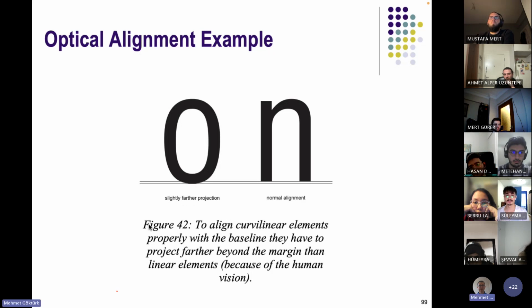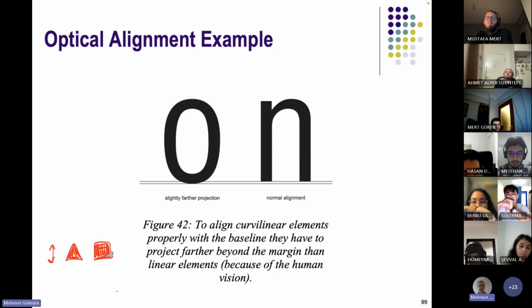When we make two symbols at the same size, they don't look like they are at the same size, because the human eye perceives area. Since we perceive area, we have to